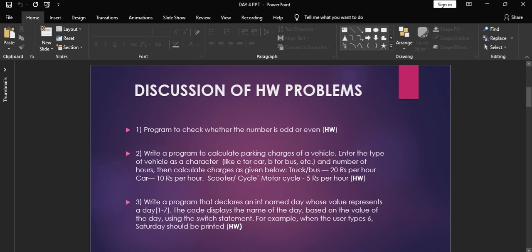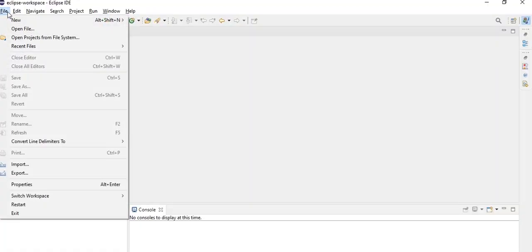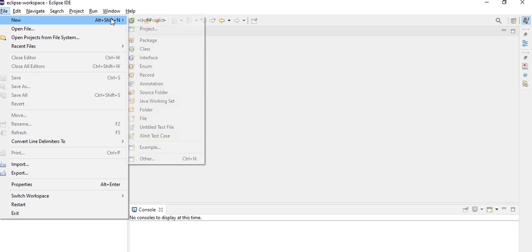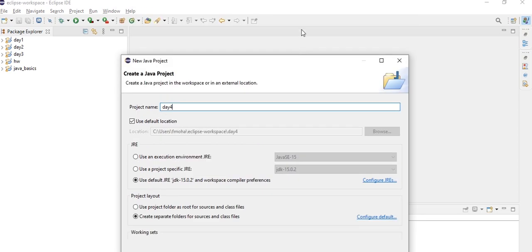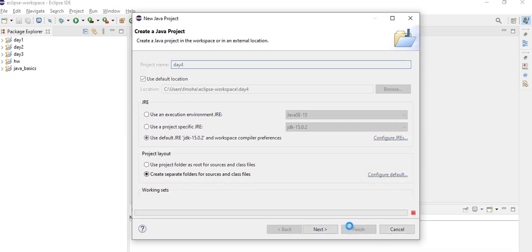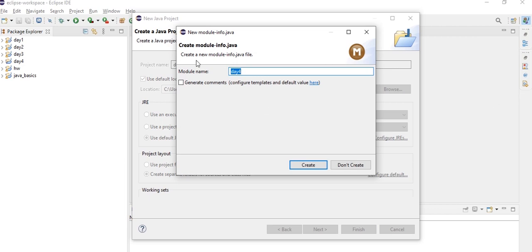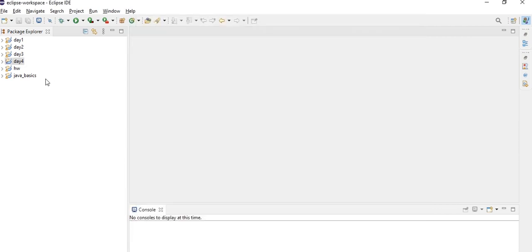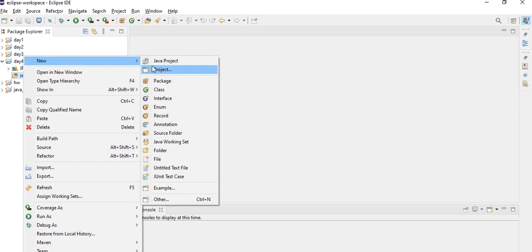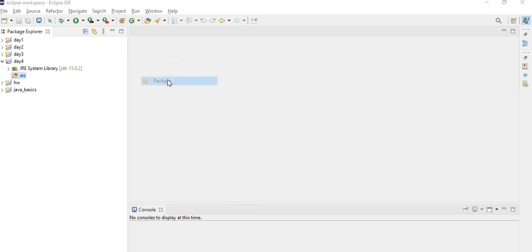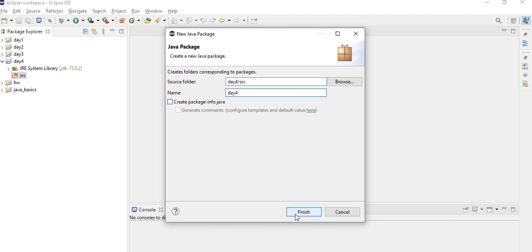So, let's open the Eclipse and let's create a new Java project. And name our Java project as day 4 and make sure you use this default JRE, and let's click on finish. And I'm not creating a module, so here our project is created but nothing is there in the source folder, so we have to create a package here. So right click on source, select new and then package, and day 4 is the default, and let's finish.